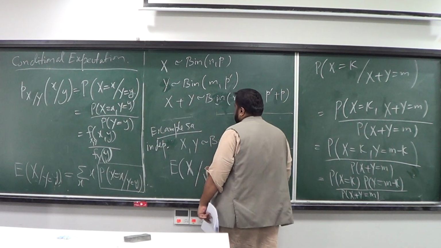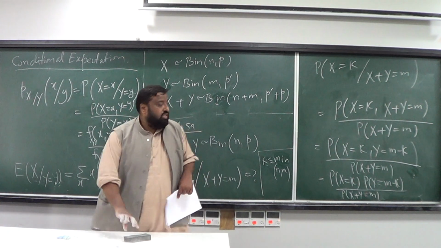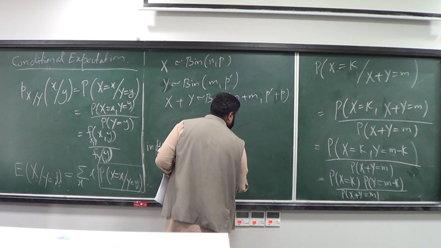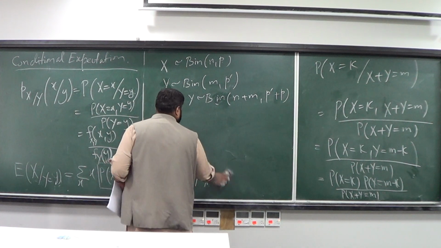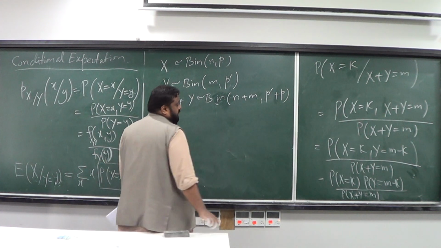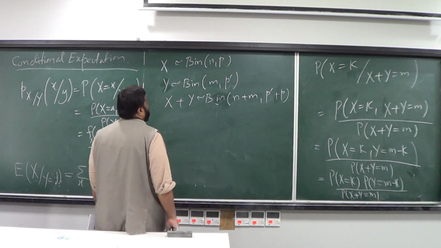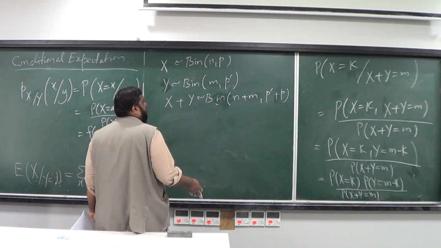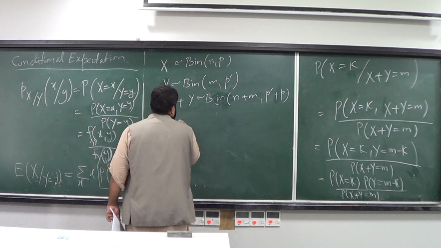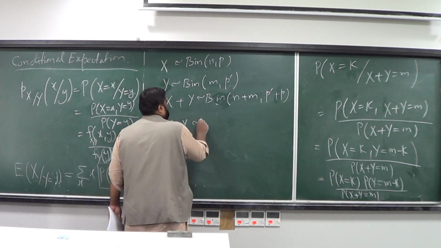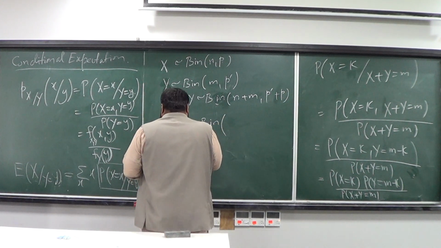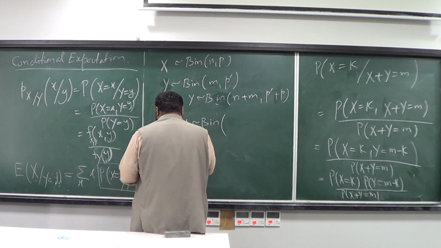So based on this observation, what would be the distribution of X plus Y? If X is binomially distributed with n and p and Y is also binomially distributed with n and p, then X plus Y is going to be a binomially distributed random variable with